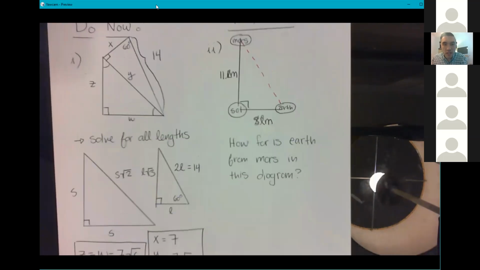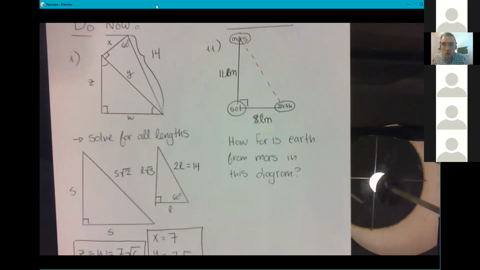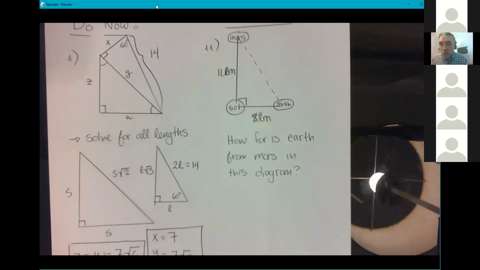And then item number 2. Item number 2, we're being asked here to solve for the distance of the Earth to Mars in light time. Now, if you don't know, I'm sure you all have heard the phrase light years before, either in some pop science stuff, or maybe even science fiction. But even though the word that comes at the end of that is a measurement of time,